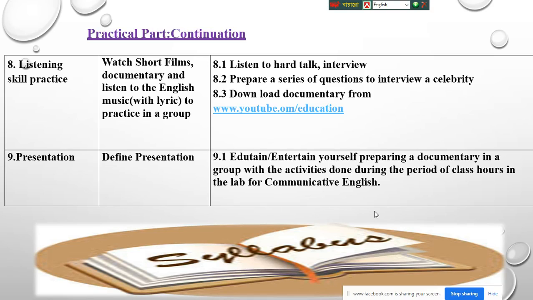We will practice. Okay. Then prepare a series of questions to interview a celebrity. We love celebrities. We love to talk with celebrities. We love to share our feelings with a celebrity. So it is very important. So in terms of this topic, you have to prepare a series of questions to interview a celebrity. Download documentaries; you can download some documentaries from